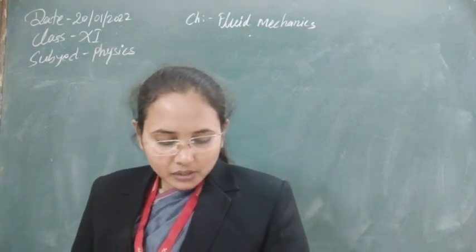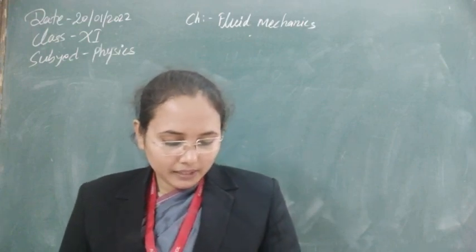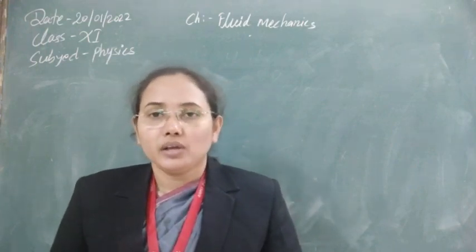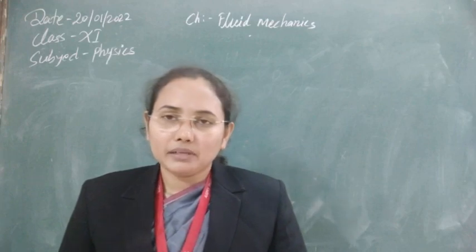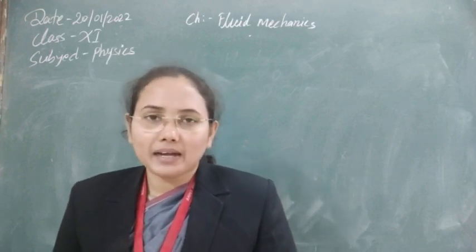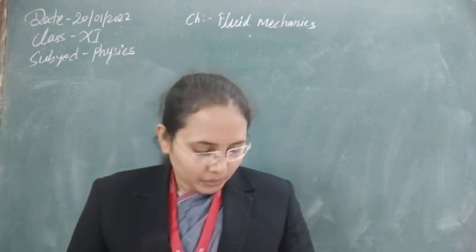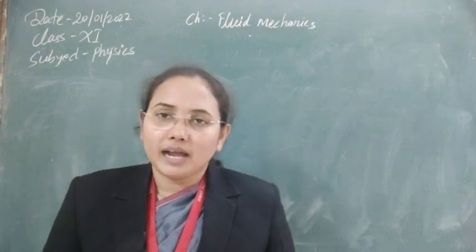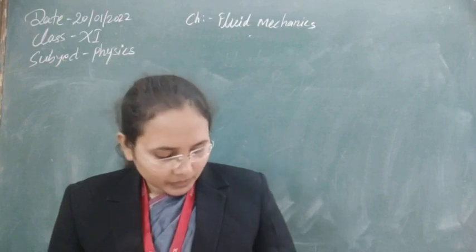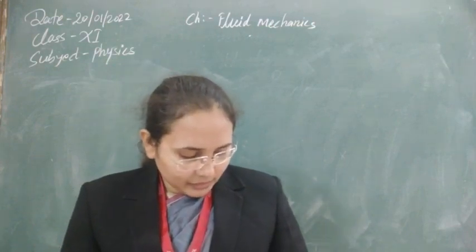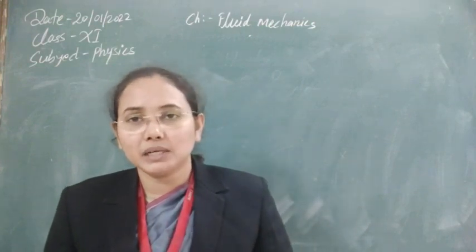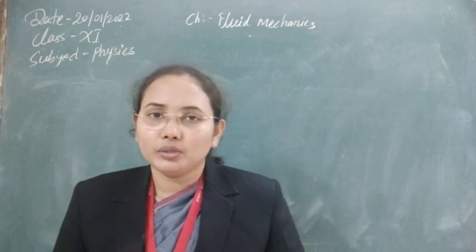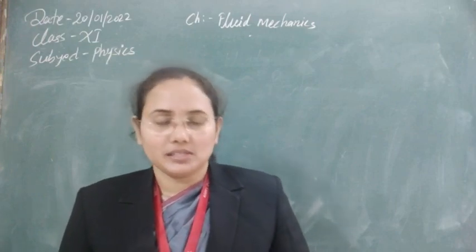So find the ratio of surface tension for mercury and liquid here. As we have taken a capillary tube, and that capillary tube is dipped in two liquids, one of the liquid we have taken and one of mercury. For the first liquid there is a rise in the capillary tube, but for the second, that is mercury, there is a fall in the capillary tube. So we have to find out the ratio of their surface tension.